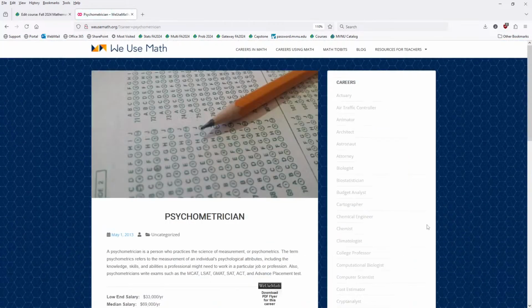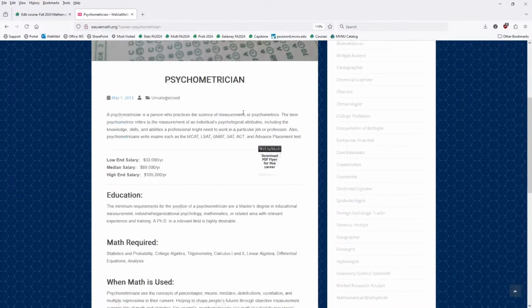You might pick it. So here you get at least some basic information about a psychometrician. What is a psychometrician? You can't read this. It's a person who practices the science of measurement or psychometrics. The term psychometricians refers to measurement of an individual's psychological attributes. Interesting. They write exams. So then they give you education.